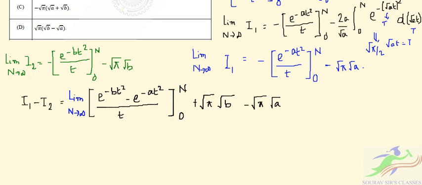So if we put the limit n tends to infinity, this will be 0 to infinity, right? So we can also replace this with 0 to infinity. If we put infinity over here, it will be 0. So e to the power infinity is 1, so 1 by infinity is 0, so we have the 0 over here, and if we put 0 in place of t, it will come in the form of 0 by